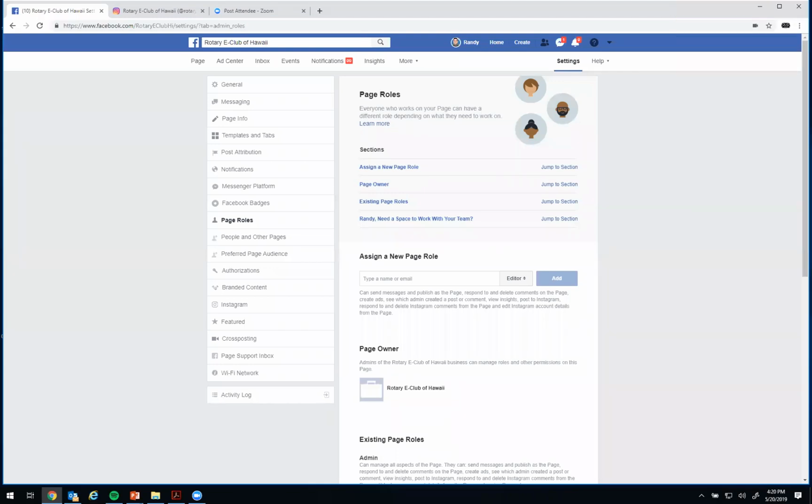Similarly with us, with our Instagram, the person who used to manage our Instagram left our club, and we had to verify information, and we couldn't verify any of their information because it was addresses we didn't know, and telephone numbers and emails we didn't know. So I would always recommend asking either the owner or whoever your admin is to update the information to something that's universal that everyone who is managing the page knows.